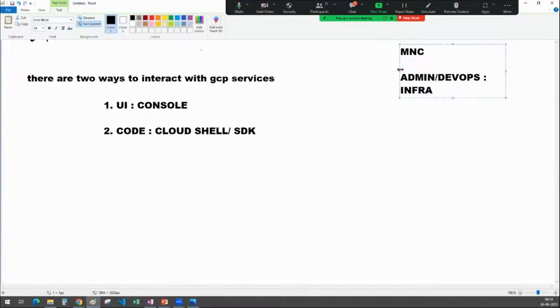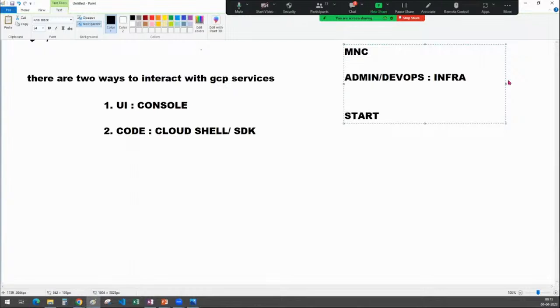But if you go to tier 2 or tier 3 companies, something like startups or basic product based, small scale companies,